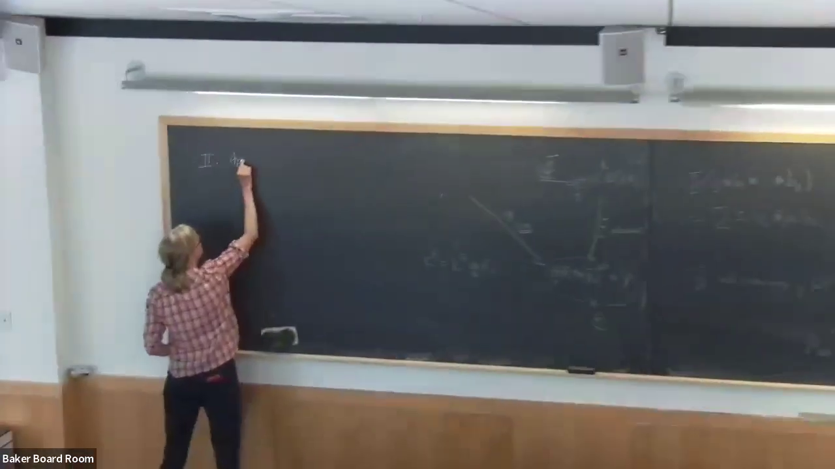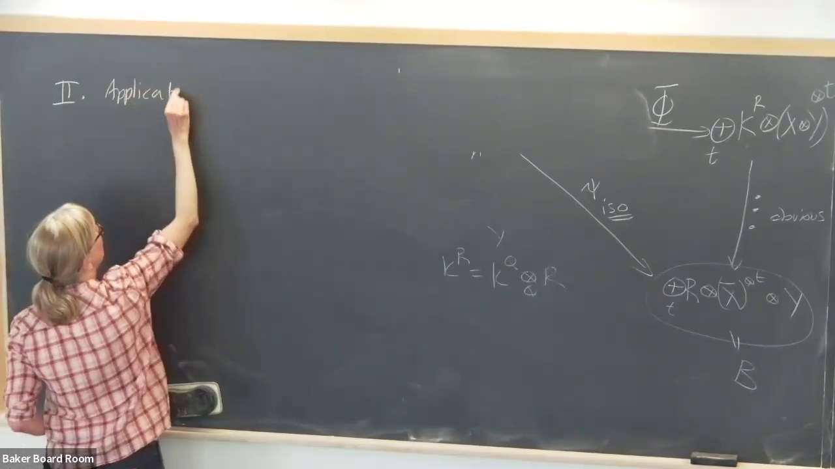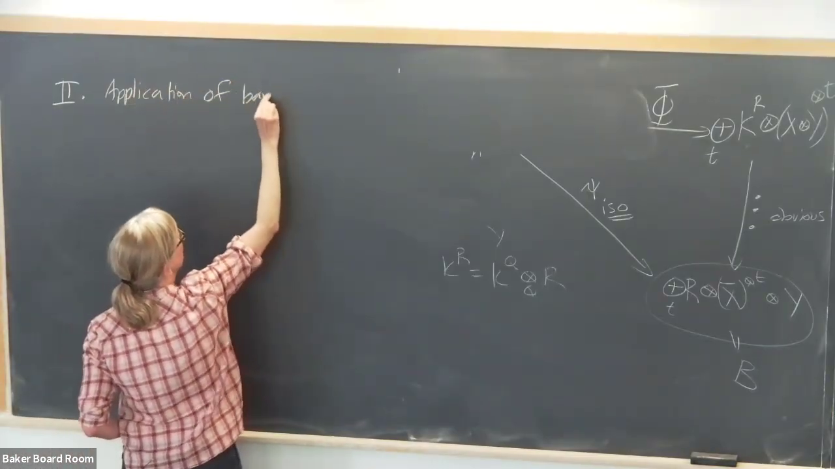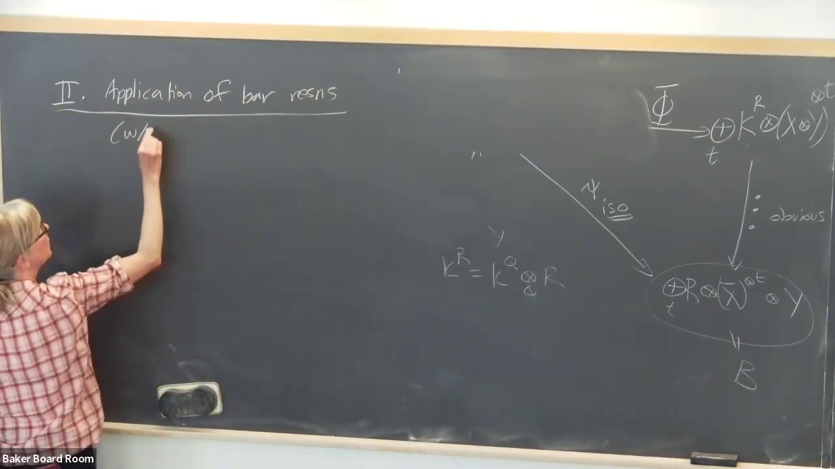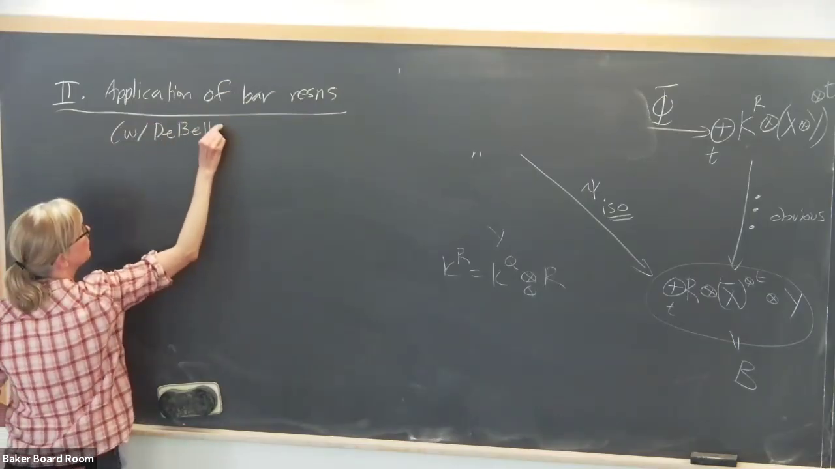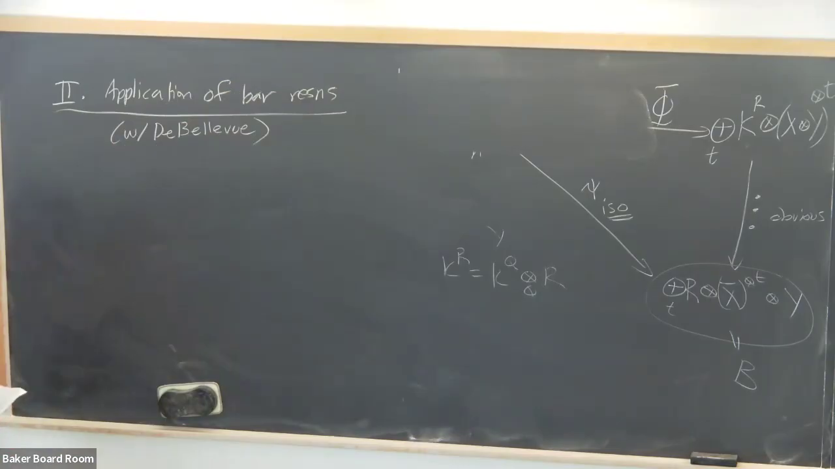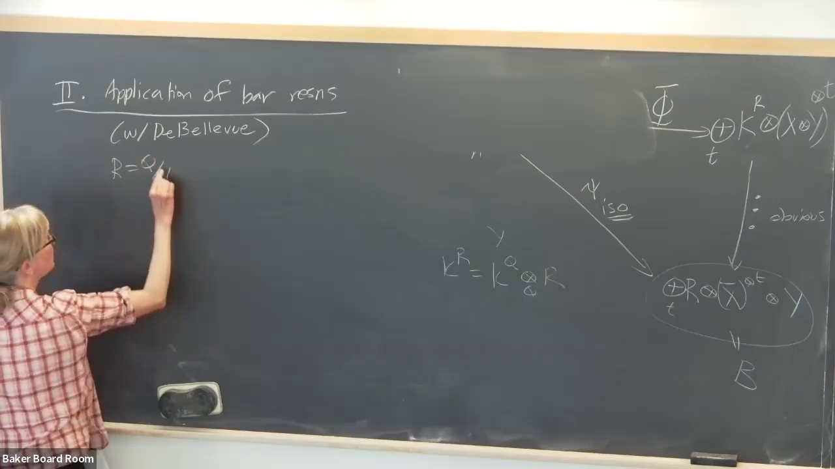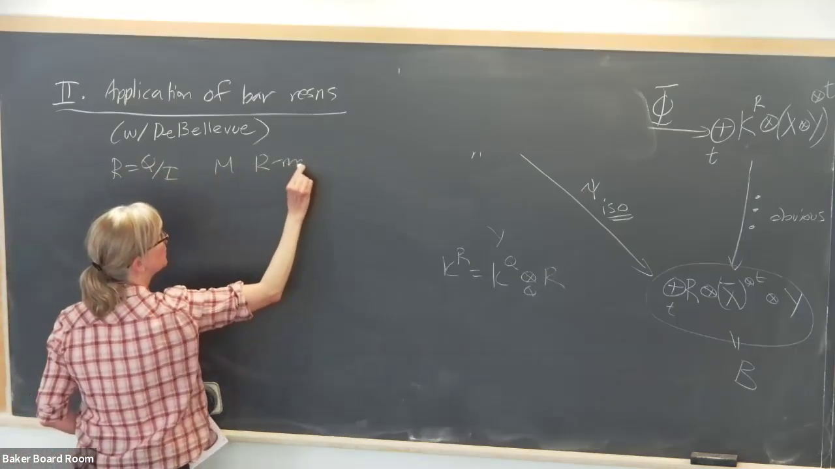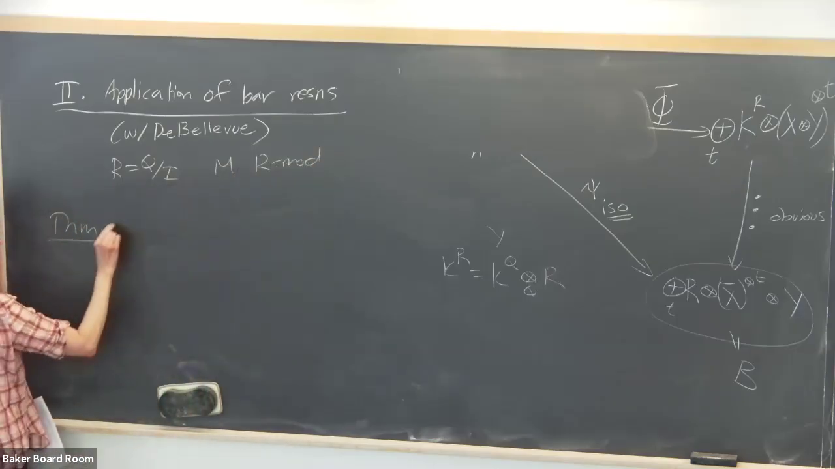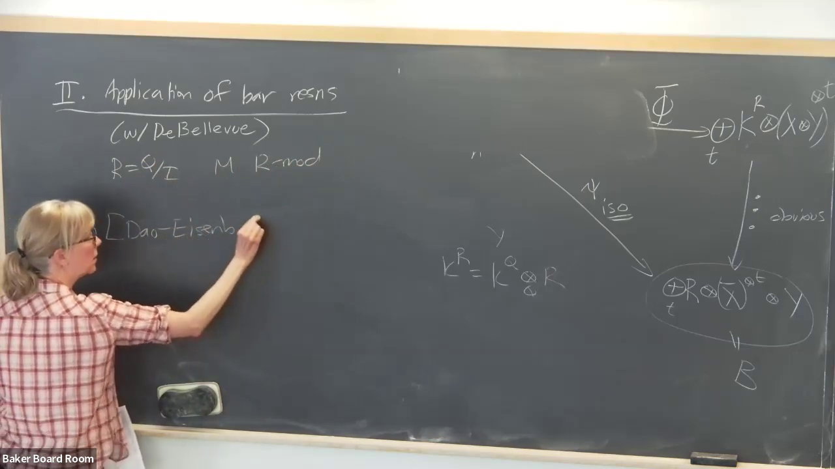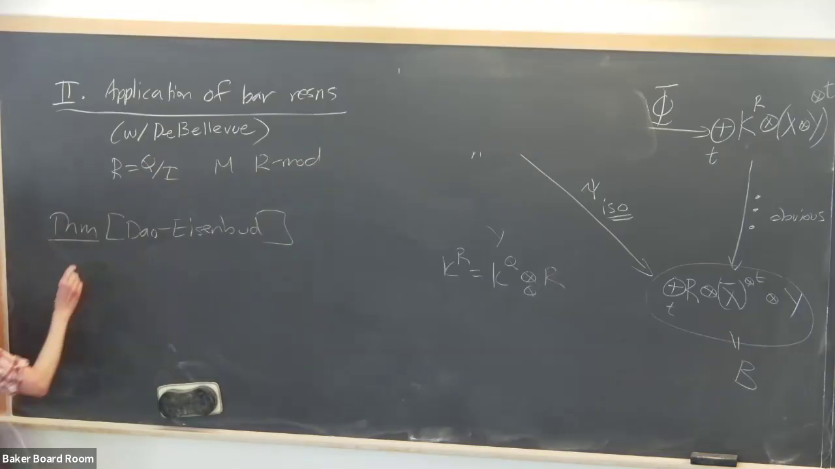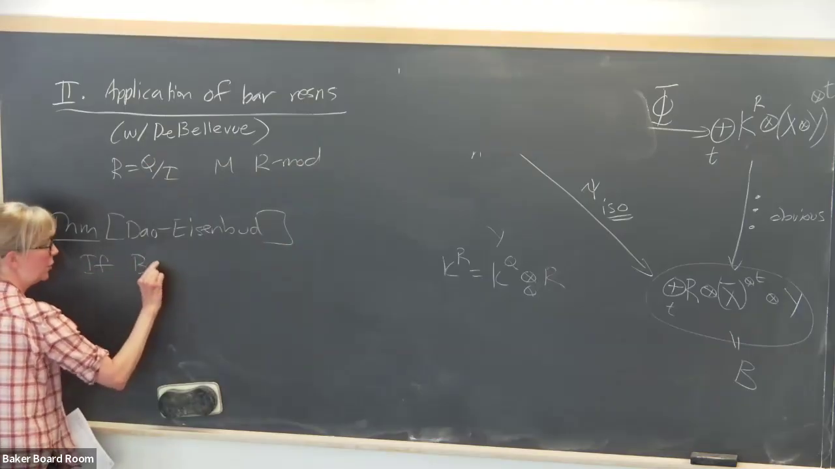Two is an application, not of the first part, but an application of bar resolutions. And this is joint work with Michael DeBellevue. I'm taking the same type of situation that R is Q mod I, and N is an R module. And Dow and Eisenbud proved a very interesting result, that if the Birch index of a ring,